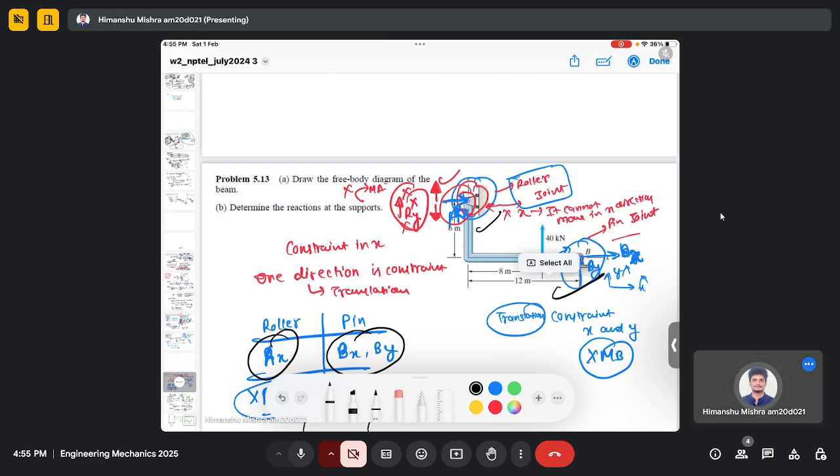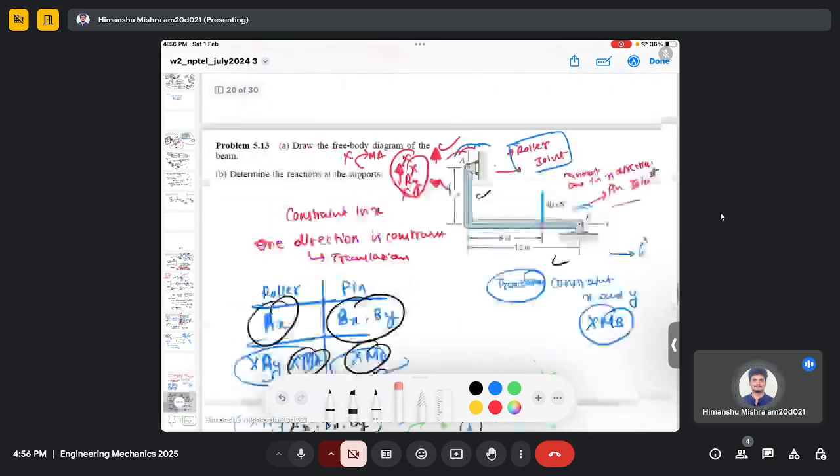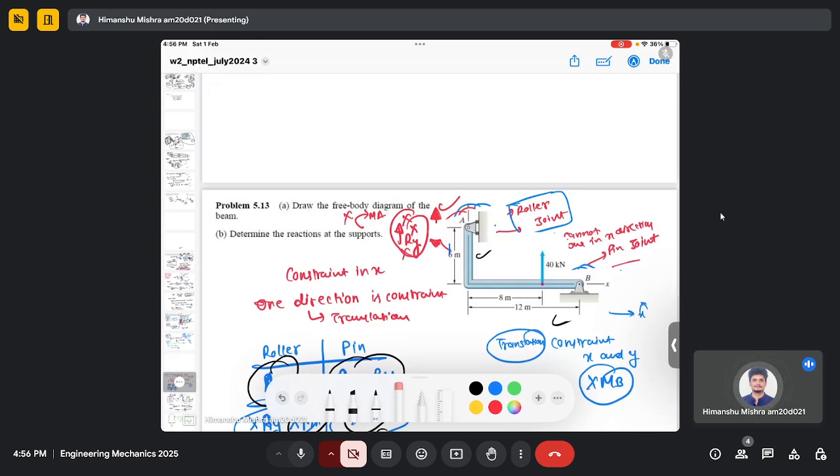So just to revise, we have been given a problem with two different kinds of joints and we need to find the reaction forces. First we need to draw the free body diagram and then we need to find the reaction forces. Even if it is not given in the question, like in part A where it is given to draw the free body diagram, you should always first draw the free body diagram here. And to do that, you need to figure out the reaction forces in the joint. And it depends on the type of joint. So we have seen three types of joint: